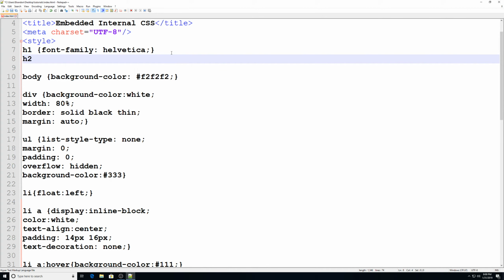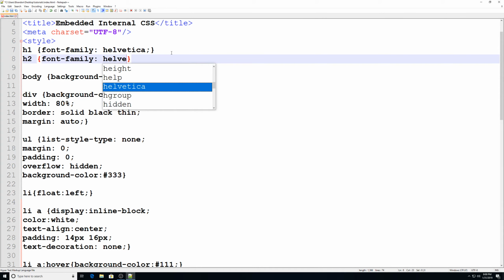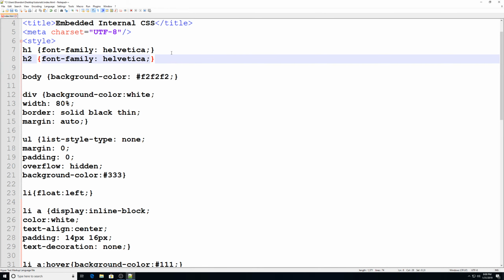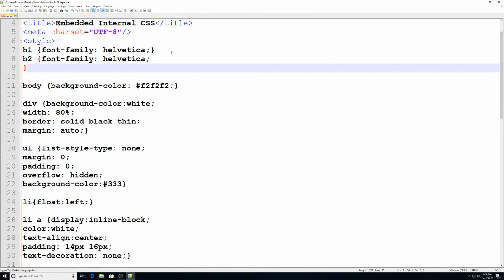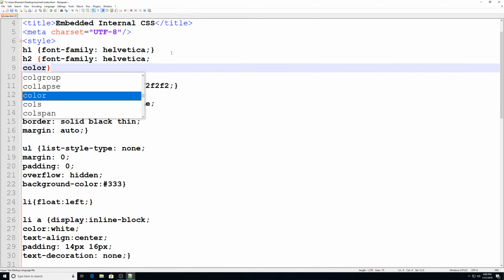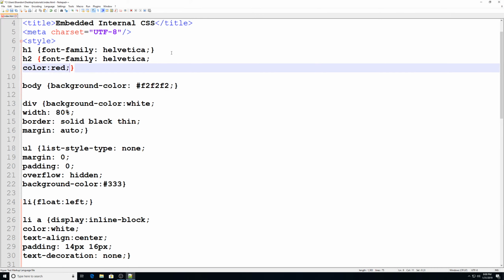All right, and let's do the same thing for this one. Let's go font family Helvetica, and then let's also go color red. All right, so I'm going to save that. I'm going to run launch in Chrome,